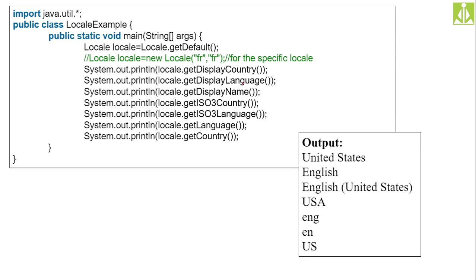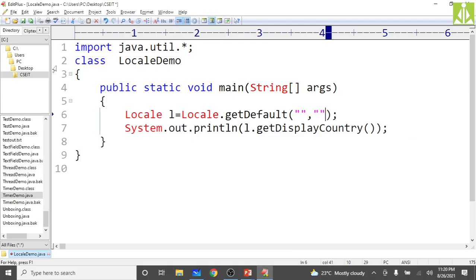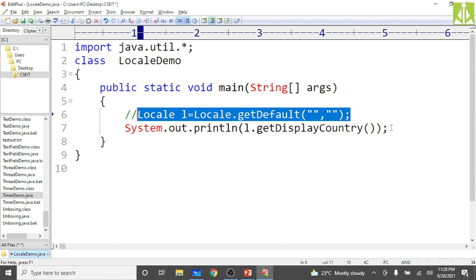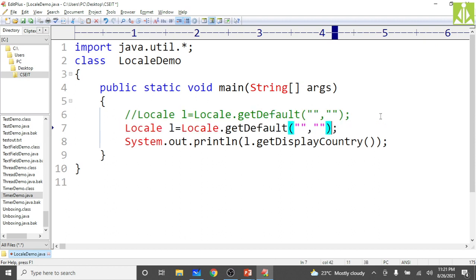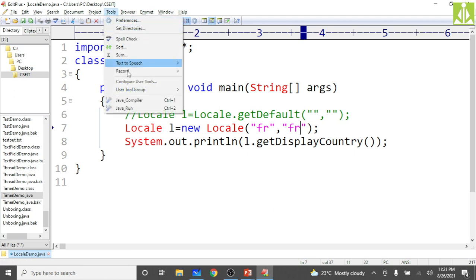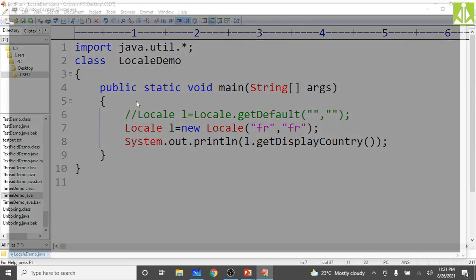We can go with the new keyword now. Copy this same thing, come down, and here call the constructor of the Locale class. So new Locale, here you put fr for France. Compile.